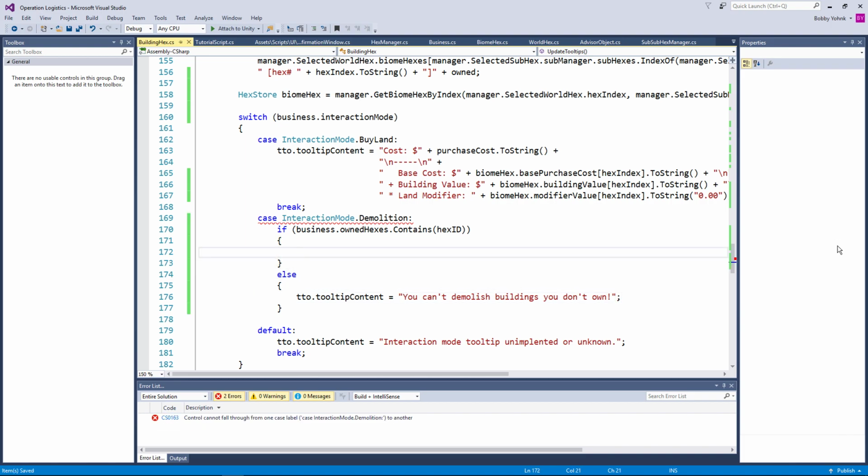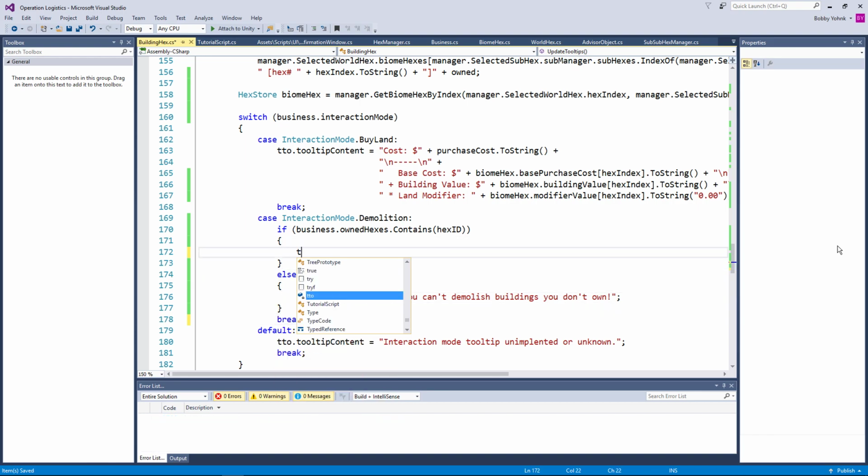There we go. And then we're going to break out of it right here. And then if we do own it, TTO.tooltipContent equals click to demolish, actually just